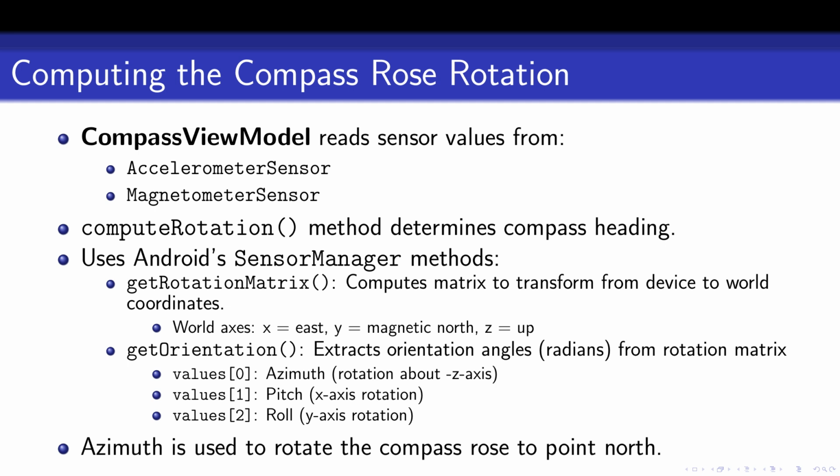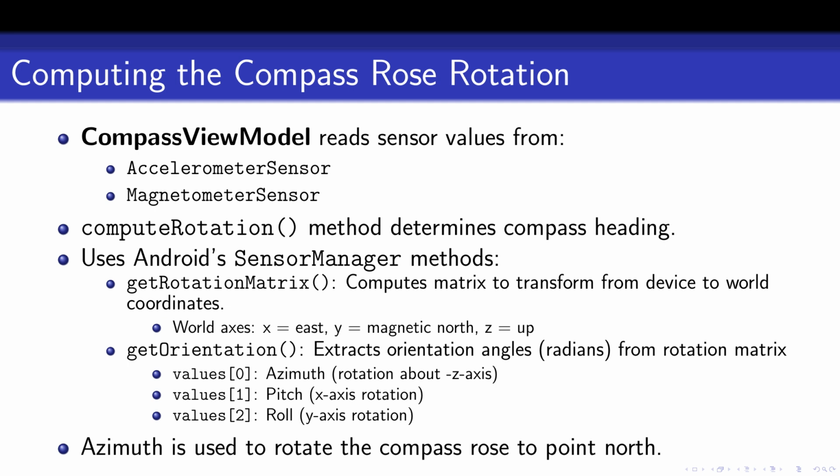To make our Compass app responsive to the user's physical orientation, we need to calculate which direction the phone is facing and rotate the compass rows accordingly. This is handled in the Compass view model using a method called computeRotation. The function receives real-time data from both the accelerometer and magnetometer, two motion and position sensors that help determine tilt and direction. We pass those values into Android's